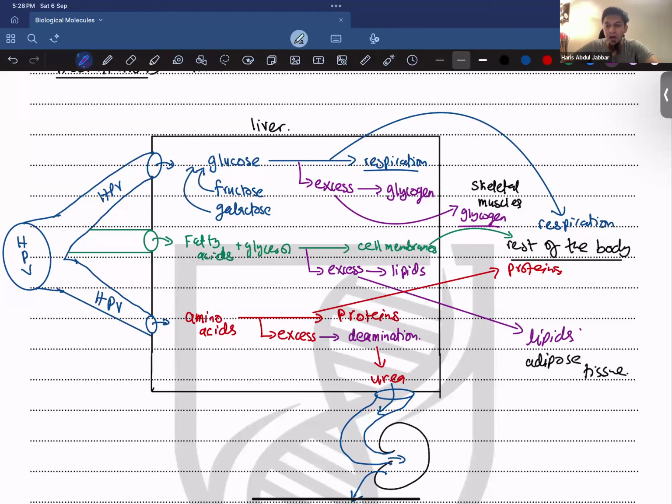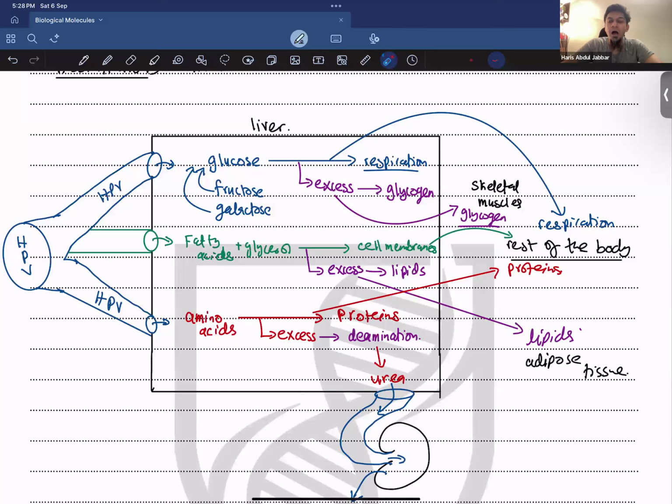All right. अब आखिरी चीज हमारे पास क्या आ गई? आखिरी चीज हमारे पास आ गई amino acids. These amino acids are used to make my proteins. ठीक है? For example, the very same proteins that I've eaten are going to be broken down into amino acids, and then those amino acids by the rest of the body can be used for different